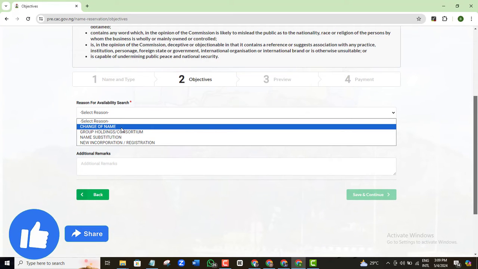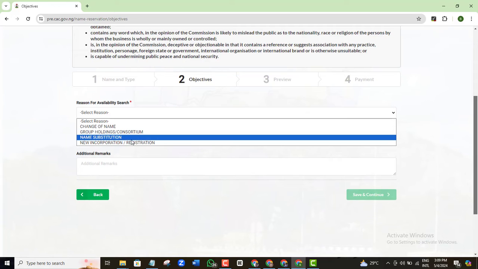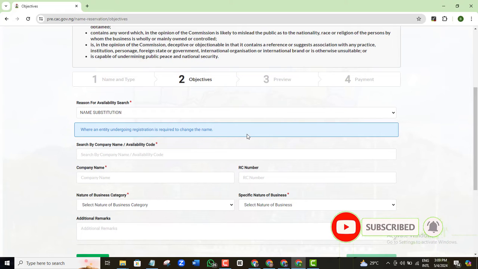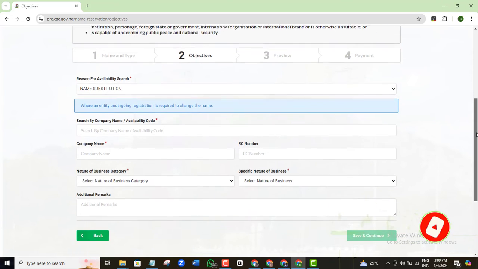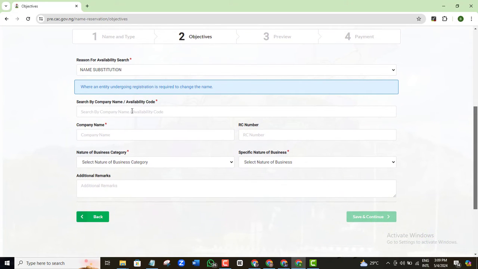Now, if you have been trying to correct a business name that has already been registered and approved, I mean you already have your CAC certificate issued to you, then you will choose change of name. But if all you have done yet is just your name reservation and you have not registered the business fully, that means you have not been issued a certificate yet, then choose name substitution. Now, this account was queried, so I'll choose name substitution because it has not yet been registered, but it was